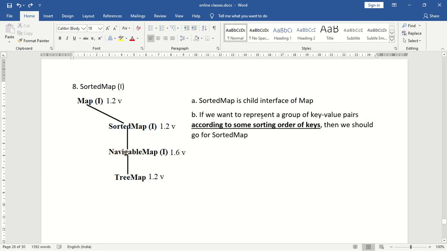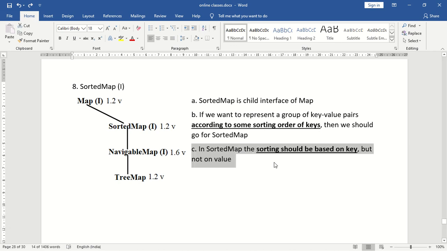That is, if we want to represent a group of key value pairs according to the sorting order of keys, okay, then we should go for the sorted map concept. Next, what is the next point? In sorted map, the sorting should be based on keys but not based on values. Okay, in the sorted map, the sorting should be based on the keys but not based on the values. So this is about sorted map.